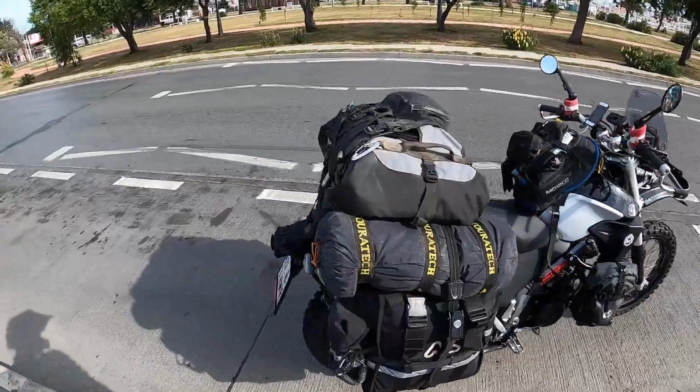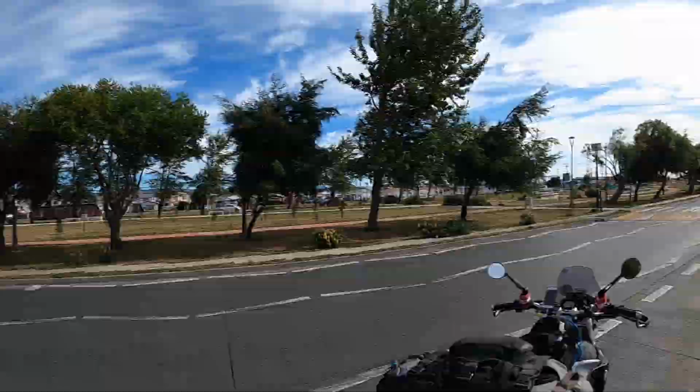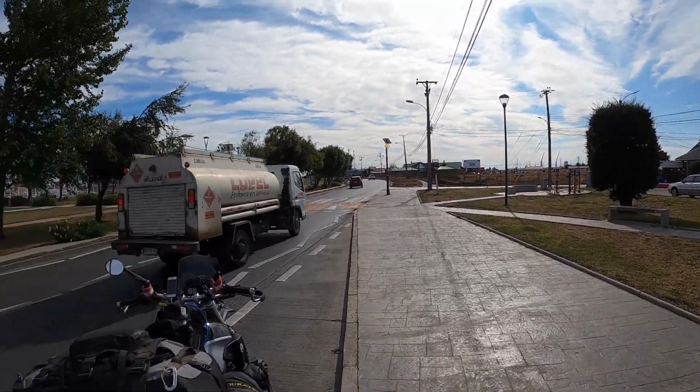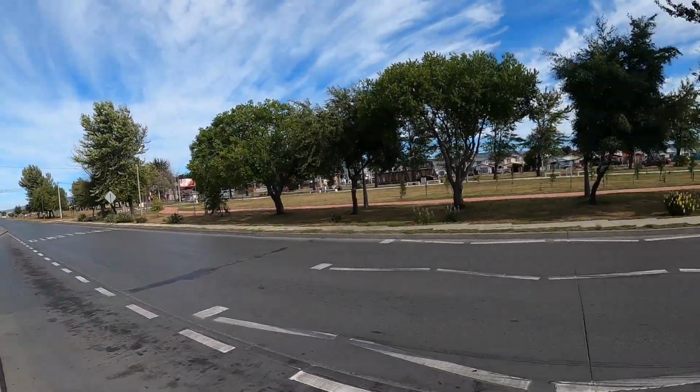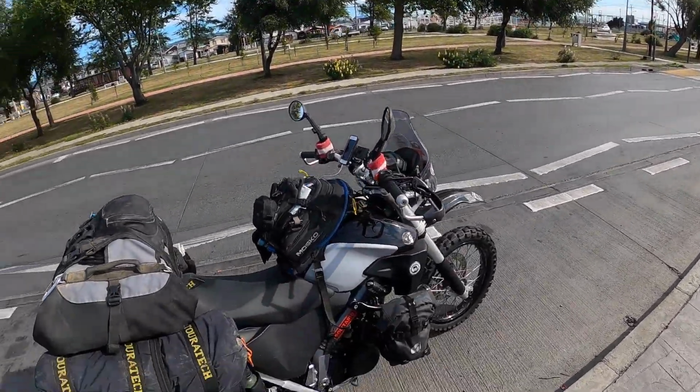beautiful. Well, here still in Punta Arenas, and now I'm on my way. I'm going to El Calafate. Let's see how far it is. It's quite far. It's 550 kilometers. I don't know if I do it all today, but